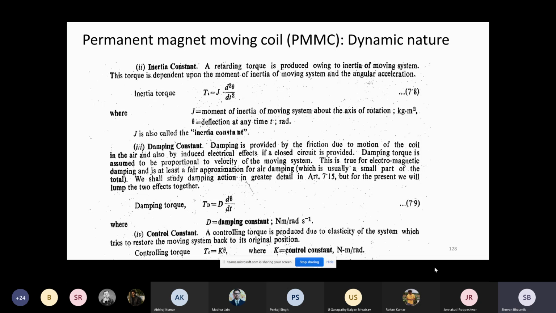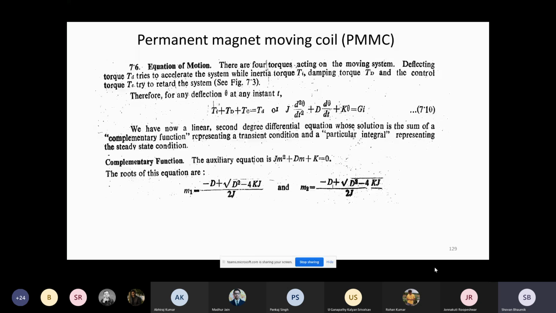When you have some angle theta deflected, and the deflection is happening over a spring, and the spring has a spring constant K, the controlling torque Tc will be K times theta. So now if we combine all three, the inertia constant, damping constant, and control constant, these three will act as a restoring force. And then if you see the equation of motion, now the torque balance you have